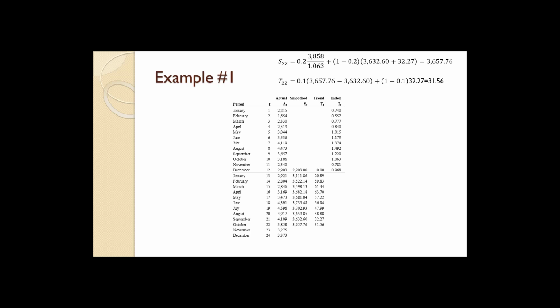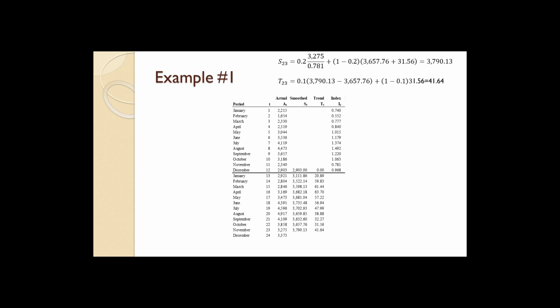3,657.76. And for T sub t, 0.1 times 3,657.76 minus 3,632.60 plus 1 minus 0.1 times 32.27 equals 31.56. For November, S sub t equals 0.2 times 3,275 divided by 0.781 plus 1 minus 0.2 times 3,657.76 plus 31.56 equals